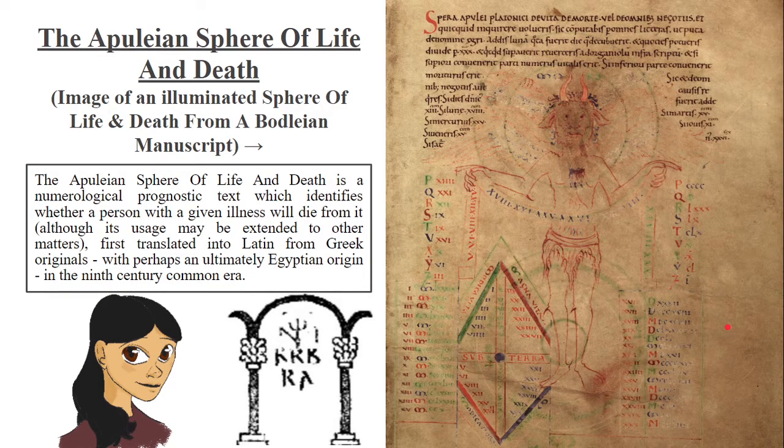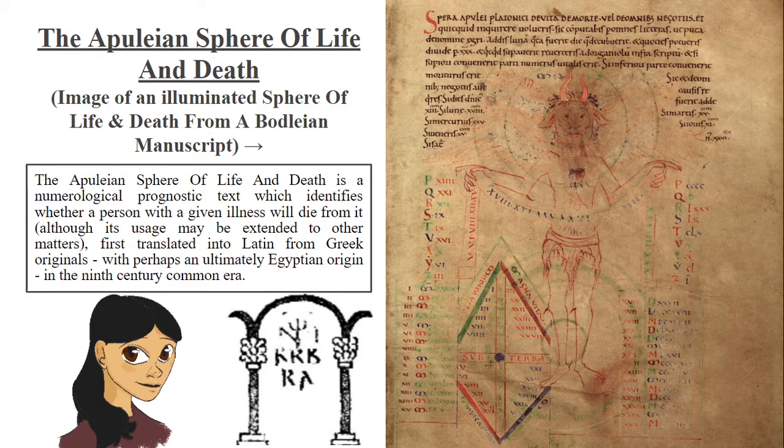It is from a Bodleian manuscript, which will be linked in the description of this video. And oh my god, guys, it's just so much fun. Like, you've literally got a devil with horns holding a scroll. This is the kind of thing where, in a horror movie about witchcraft or whatever, they'll open some sort of magical codex and they'll see this curse written on it and everyone will get really scared. But this is real. This is a real medieval manuscript that you can go and read in the Bodleian Library, and you can access it online.